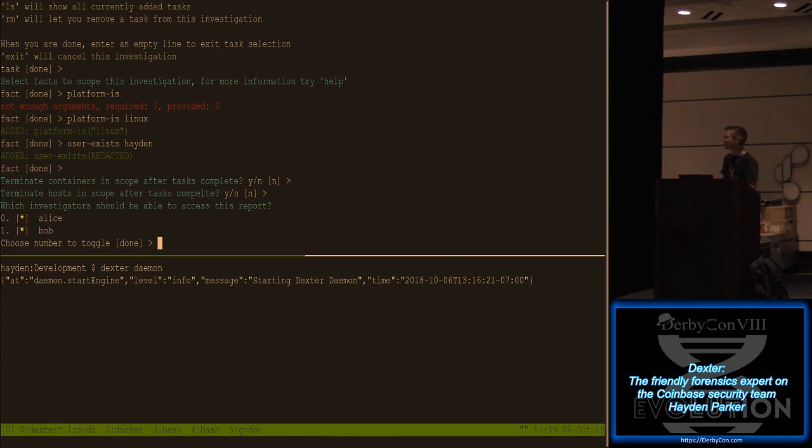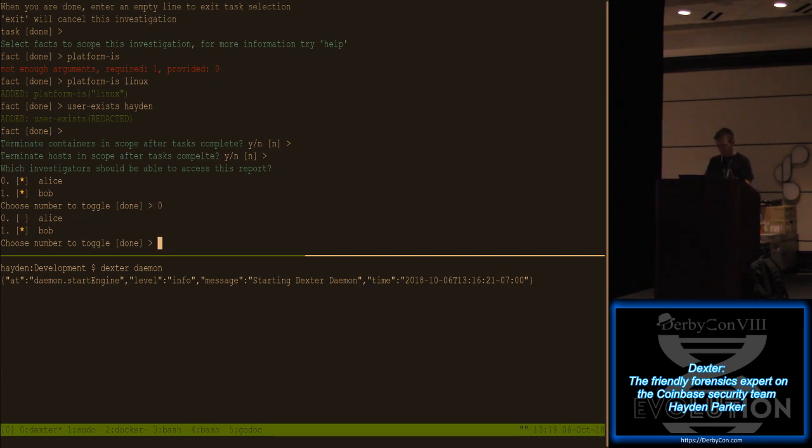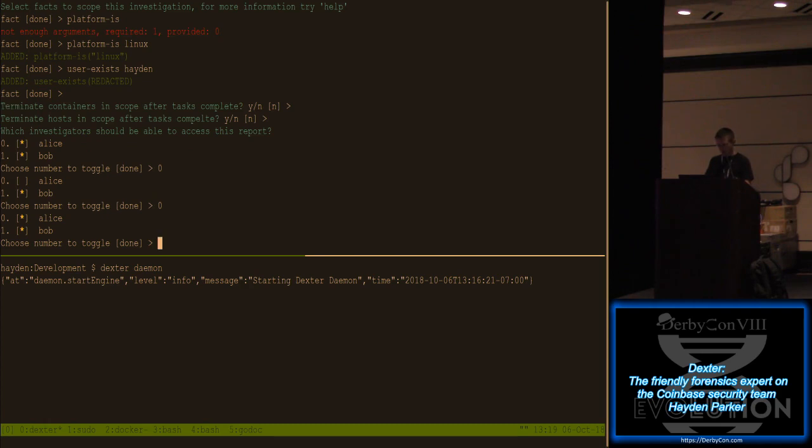Cool. Terminate the containers? Nope. Terminate the host? Nope. And then here we can see. So I want to do this thing where it's a command line loop where you can drop into all these things and drop out of them and preview your stuff. But Derbycon came up really fast when you're trying to open source something. Wow, you really don't realize how much time you don't have until you're 3 weeks away from the conference. So, whoops. This is the command line we got today.